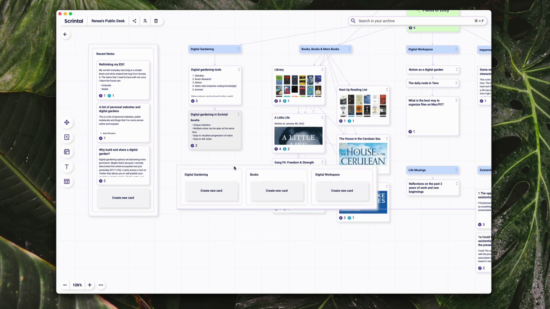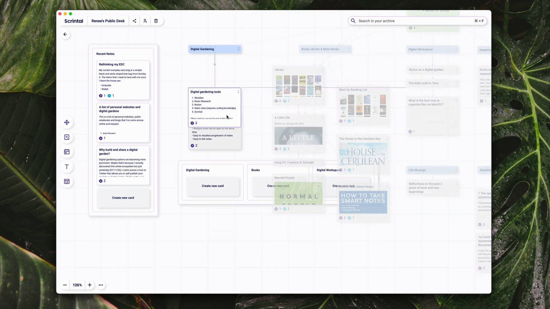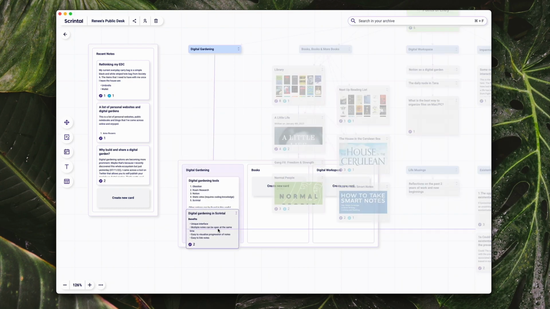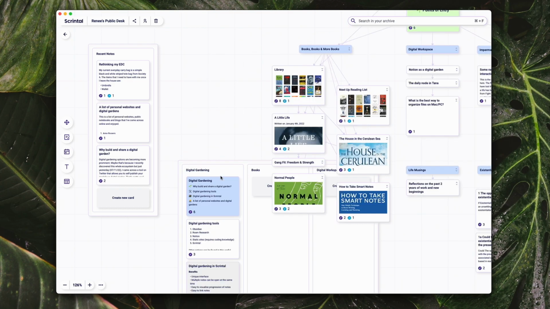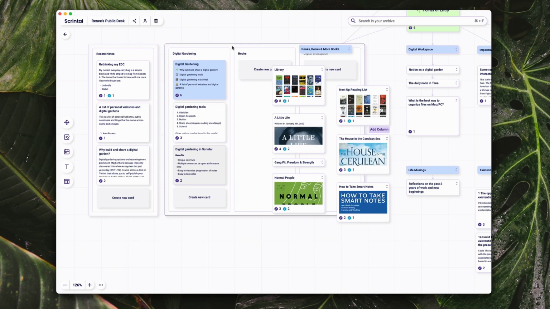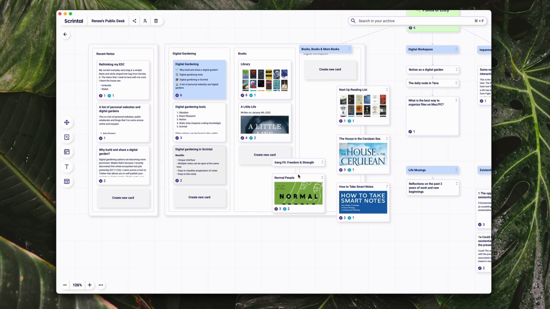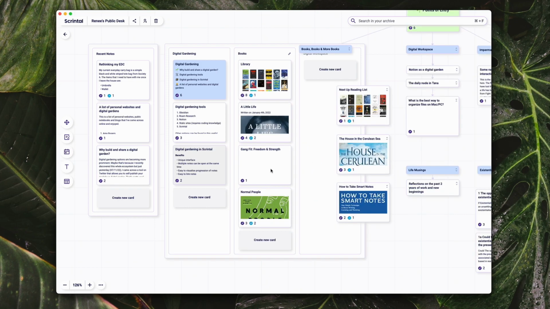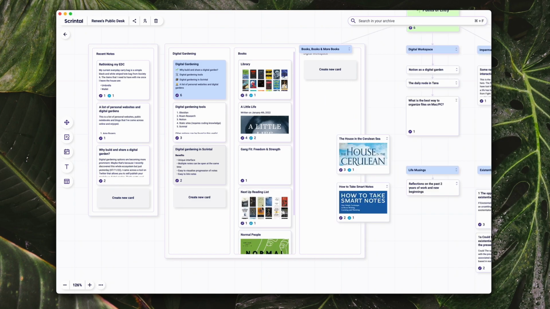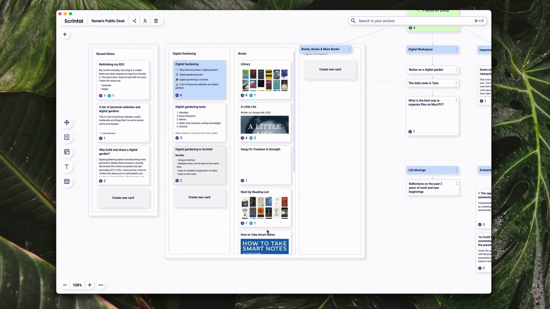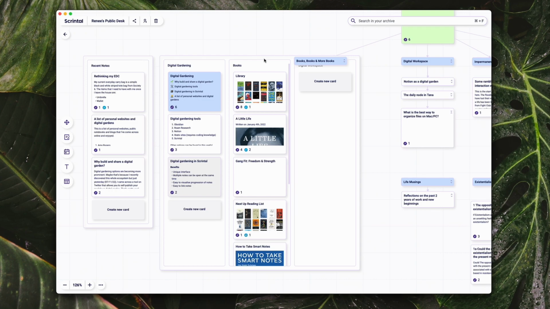But another layout would be to just go ahead and add these cards to these tables here and have it going across like this. So I would add the library to here, I would add this here, gang fit here. The only thing is that you can't collapse the cards that are empty, so that's kind of a con. But this is just an alternative layout and people can kind of scroll through as opposed to having the whole kind of mind mappy looking situation